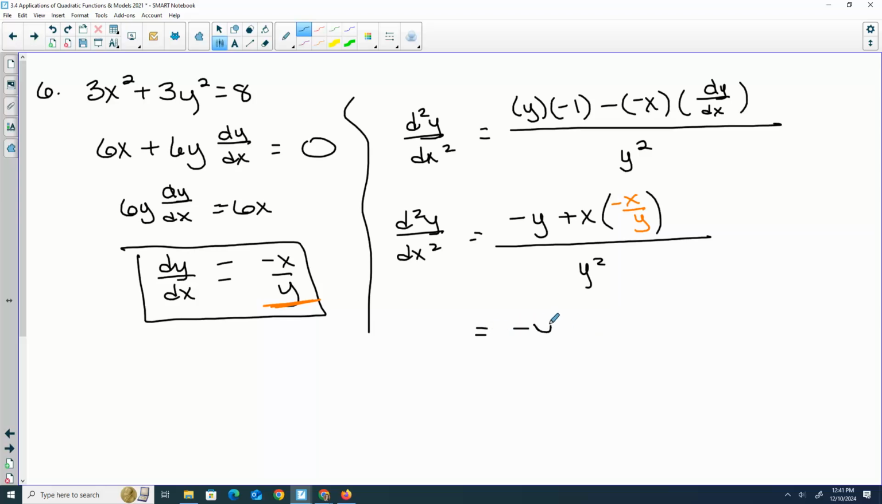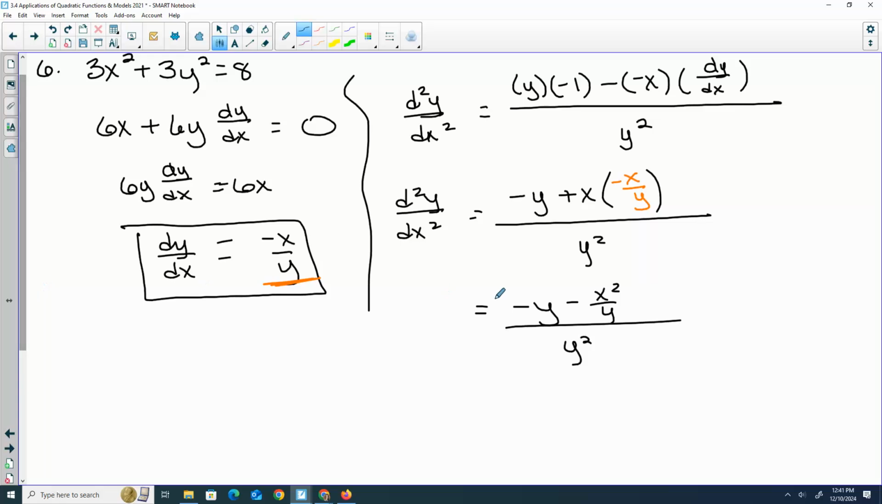So that gives me a negative y. X times negative x would be negative x squared over y divided by y squared. But what don't I like about this? A fraction in a fraction. So our fix is to multiply top and bottom by the same thing. So let's just take everything times a y. So if we do that,